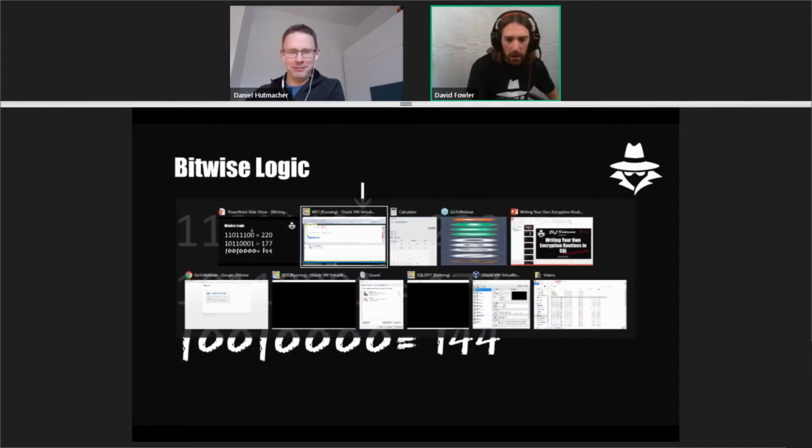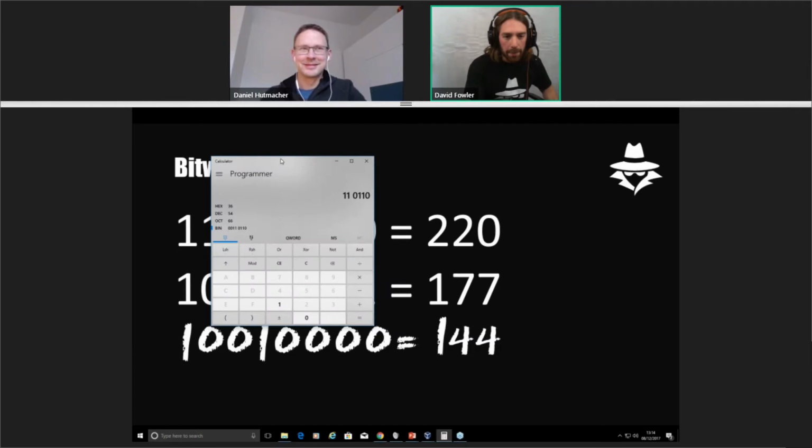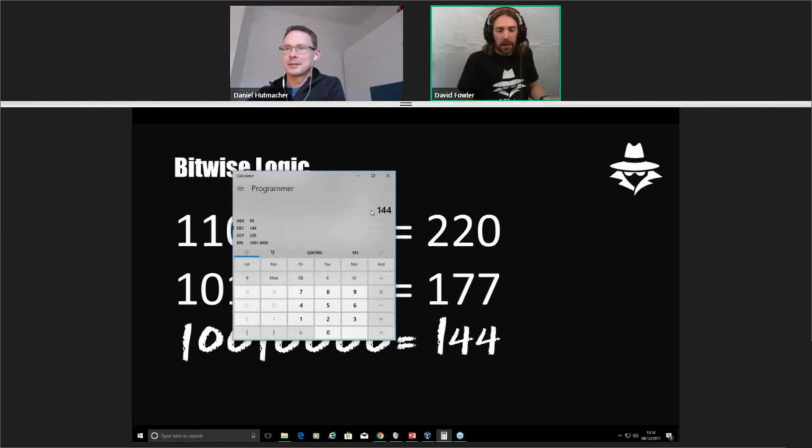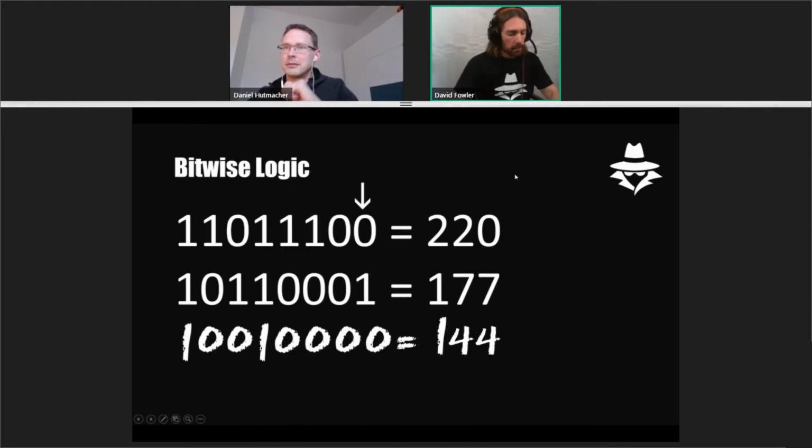Again, let me just show you something I quite like with the old Windows calculator. So let's clear this out. Now the Windows calculator can perform bitwise logic for us. Up top here, we've got a few buttons, one for each of the bitwise operators. So let's just try popping in 220 and 177, hit equals, and out pops 144. So again, it's quite a neat little tool if you happen to be working at this level with bitwise logic or converting decimal into binary and so on. It's quite a neat little tool to have.